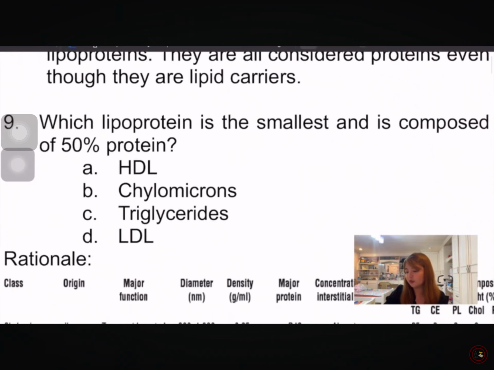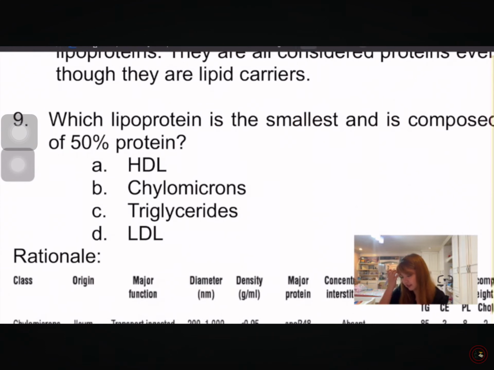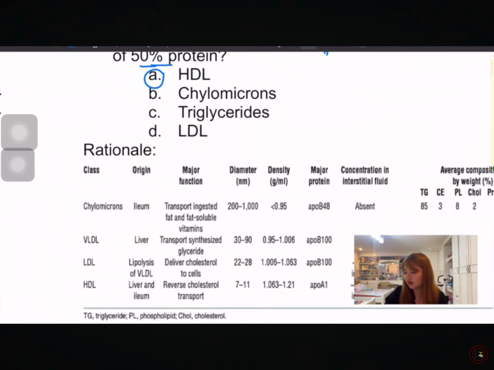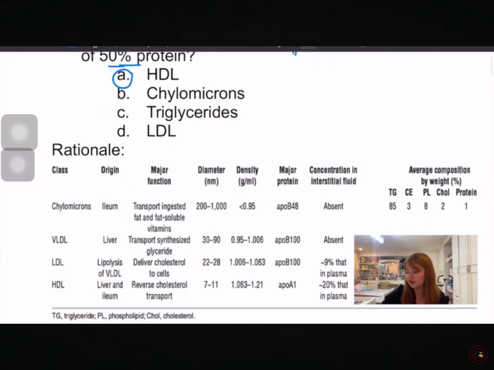Next question, which lipoprotein is the smallest and is composed of 50% protein? So sa first part pa lang ng question, which lipoprotein is the smallest, makukuha na natin yung sagot. Since smallest siya, we could also assume that it is the densest. And it is composed of 50% protein. The answer is HDL. So sa rationale niya, I listed some of the diameters, the density, and the average compositions